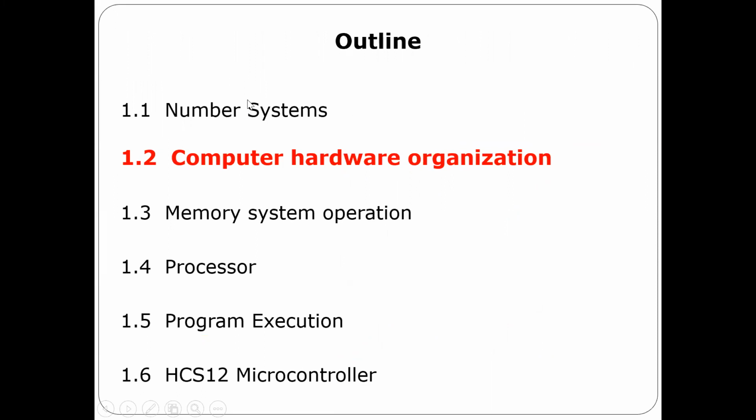So now I assume you already have this background. Now I want to talk about computer hardware organization. Okay, and I want to make it clear, guys, what you mean by computer. Okay, as I said, this chip has computer architecture. So the architecture of this chip is similar to the architecture of this one, your smartphone. It's similar to the architecture of your laptop or PC. You get what I'm saying? All of them have the same architecture. Okay? But for sure, this one doesn't have too many resources compared to this one, right?